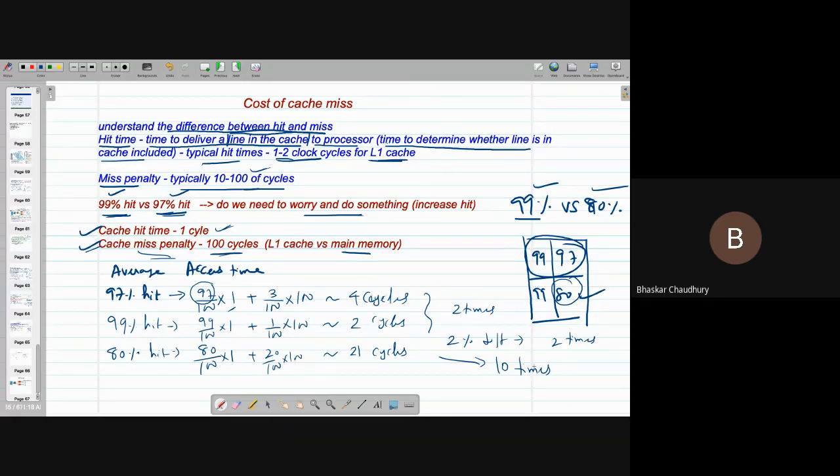So the point is simple. How do you do this? We have profilers, and we don't have to spend too much time. There are sophisticated profilers which give us this information about your code: how much hit there is, how much miss there is. These profilers also tell you, by highlighting in some color, where that miss is happening and the region where you are getting the maximum amount of misses.